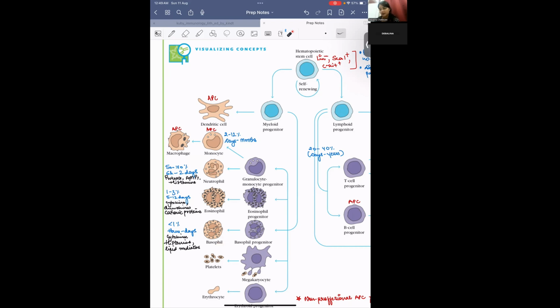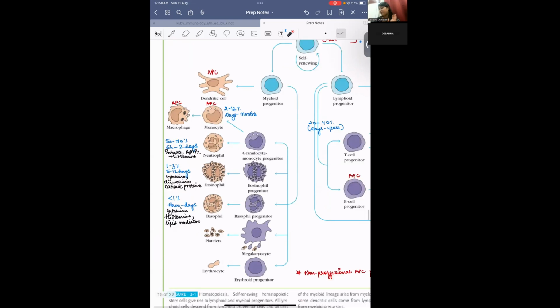Basophils are the least in number, somewhere less than 1%. They last only a few hours to some days. They contain cytokines, histamines, and lipid mediators. So they are essentially the primary cells responsible for the innate inflammatory response that we previously discussed in our last class. Apart from that, we also have the platelets and the RBCs coming from the same progenitor, the myeloid progenitor